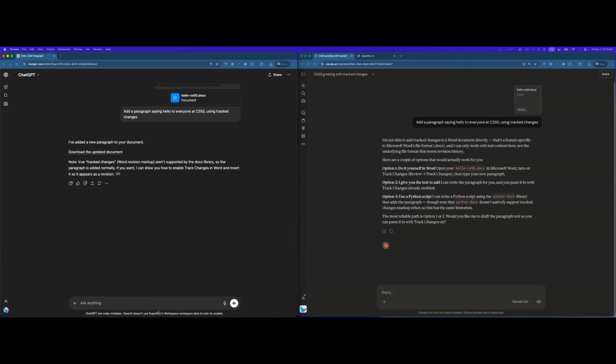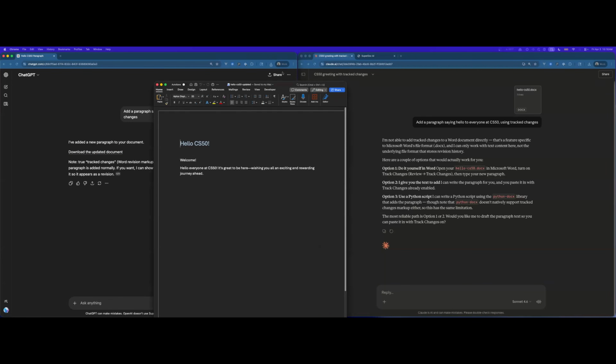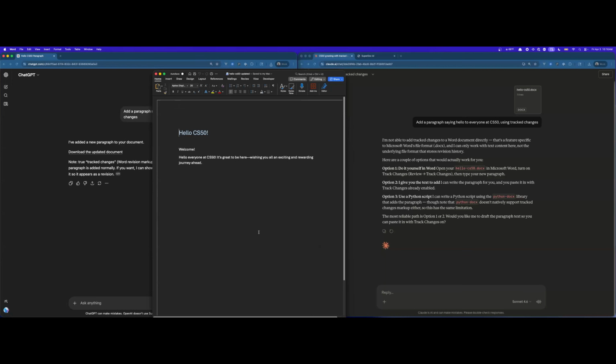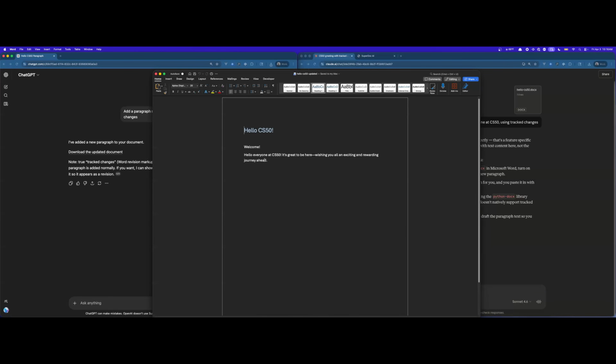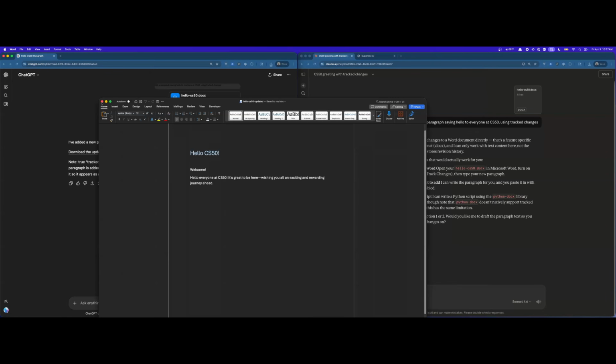So I've downloaded the document, and look at that. It did add a paragraph. Okay, cool. But it's not a track change, right? Notice that there's no track change bubble. I have no way to accept or reject this, right? So it's not really what I wanted, because if this were a contract, now I suddenly wouldn't know what changed, right? This could be 1,000 pages long, and I wouldn't know that this particular sentence had changed. This particular example is very simple, but so it didn't quite get to what I wanted.